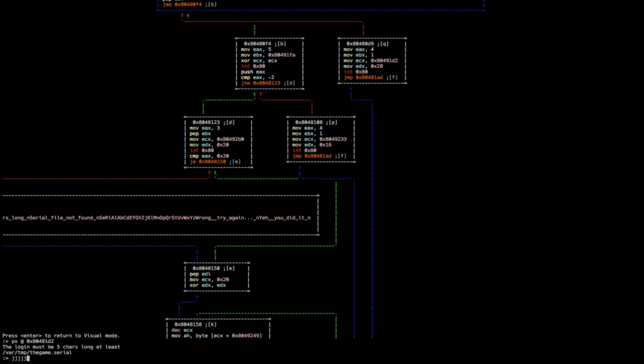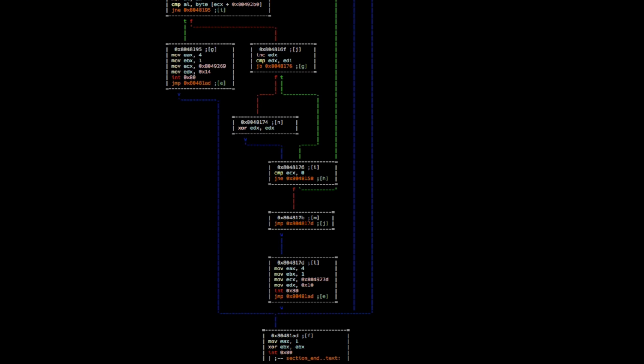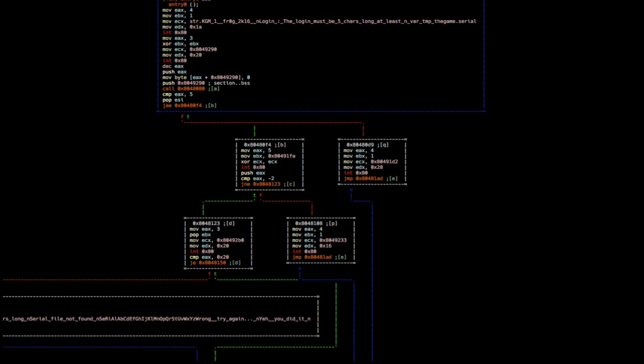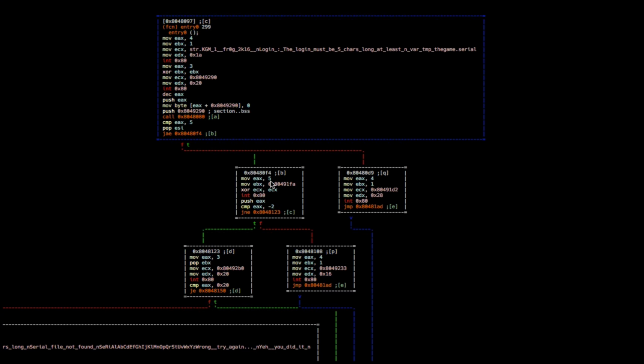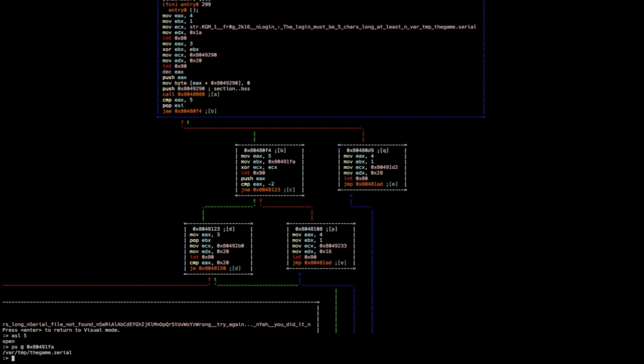because we're going to end up down here, where we just basically section end and we're done. So now that we're here, we're going to do a syscall 5, which is an open of, surprise surprise, vartump the game serial. We're going to zero out ECX, and then we're going to see if everything went okay. If everything went fine, we're going to end up over here, and we're going to do a